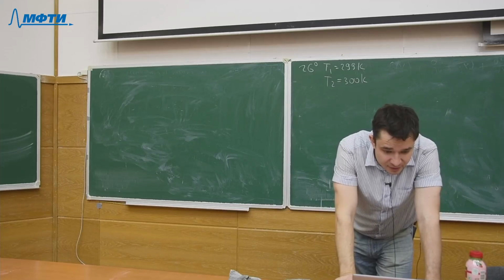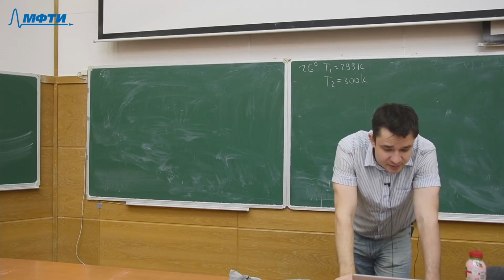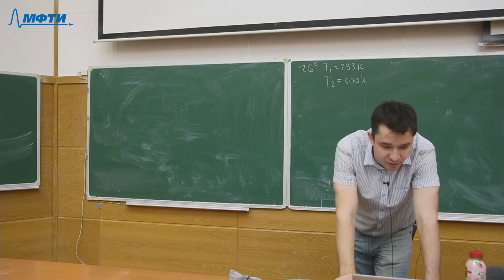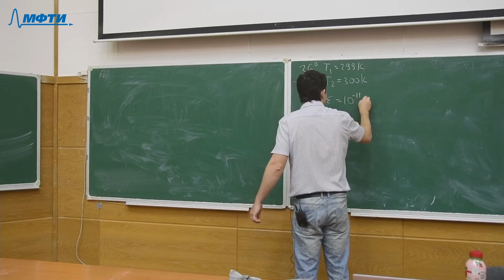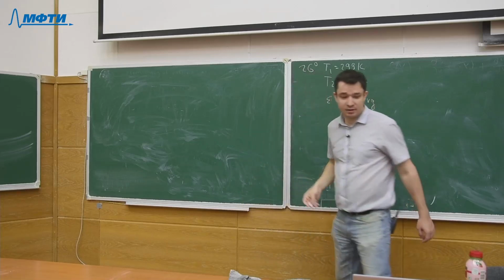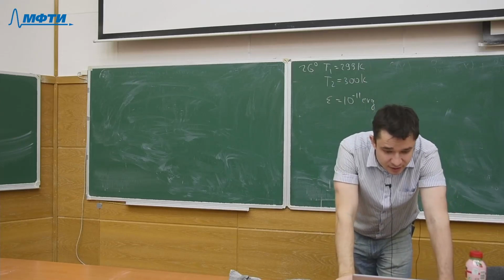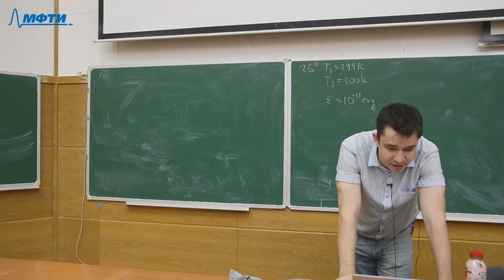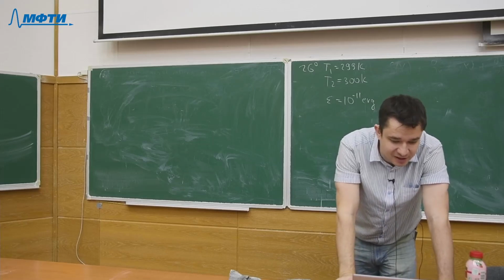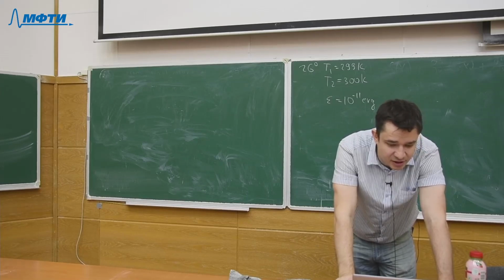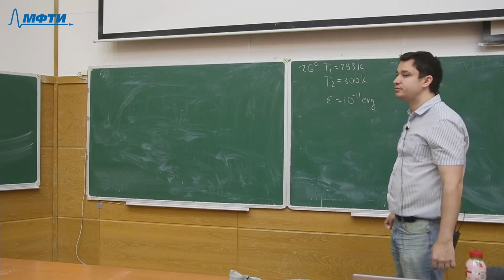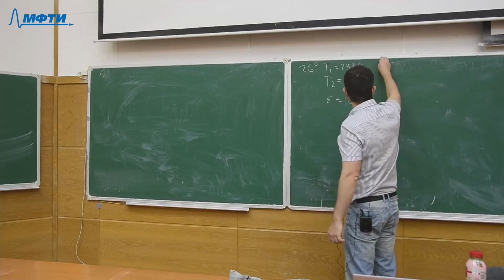Now the two solids are brought into contact. Estimate how many times it is more likely that a portion of energy of 10 to the minus 11 ergs is transferred from the hotter solid to the cooler solid than in the opposite direction. Heat capacities of the bodies are large enough so that the change in the temperature can be neglected. So this problem exactly